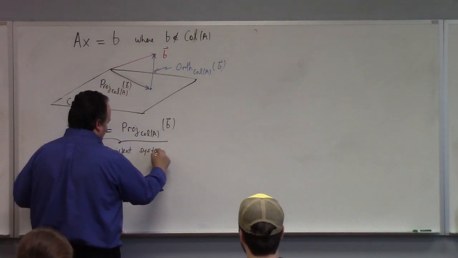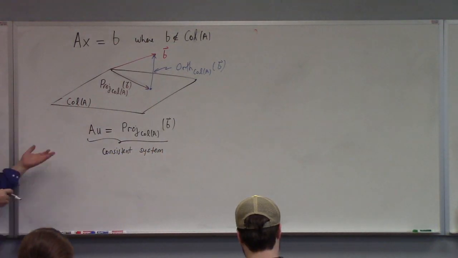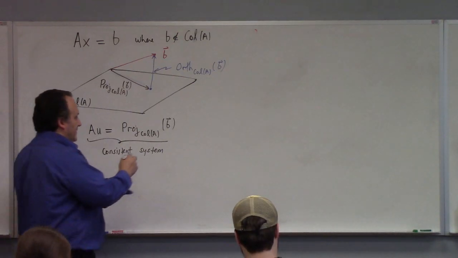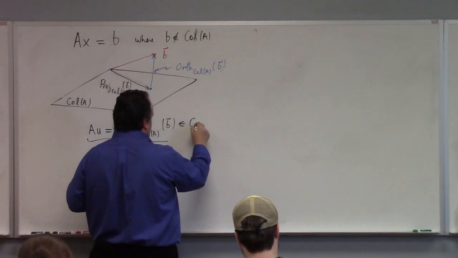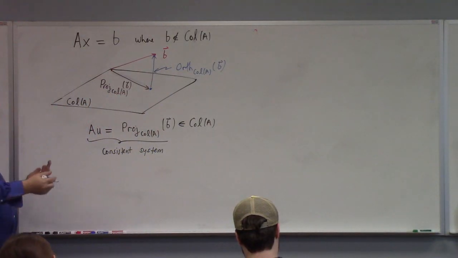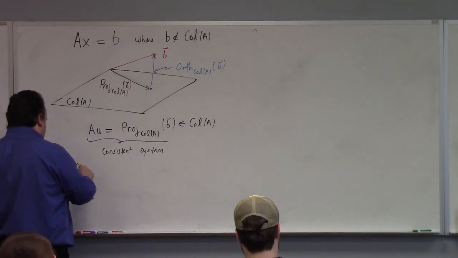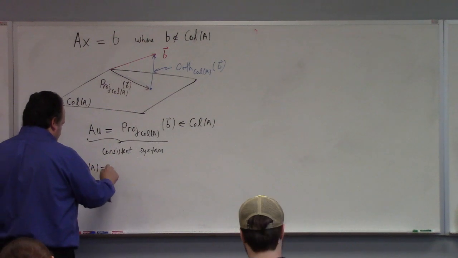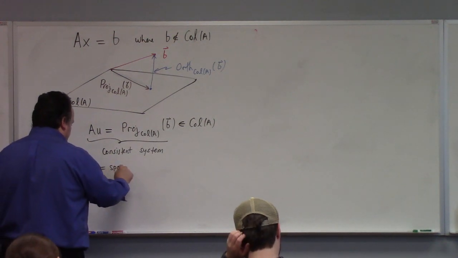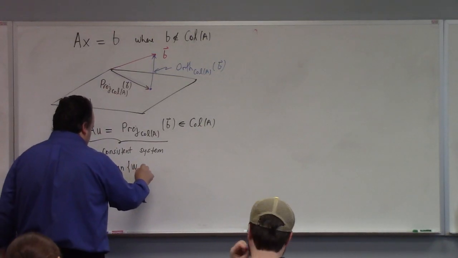Why? Well, the projection into the column space of A is by construction in the column space of A, right? This is an element of the column space of A. How do I know that? Well, if the column space of A is the span of w1 through wk,